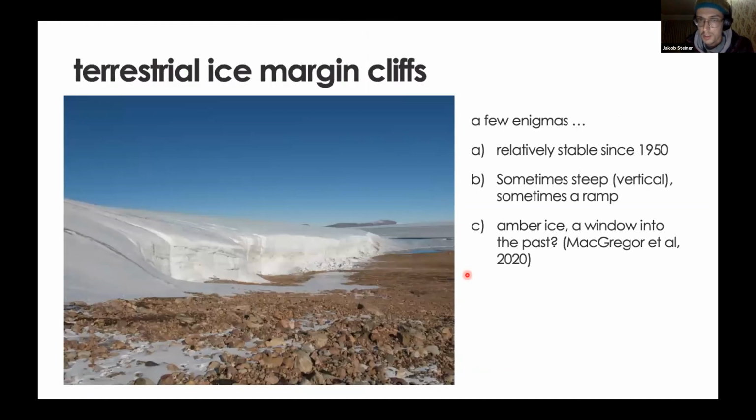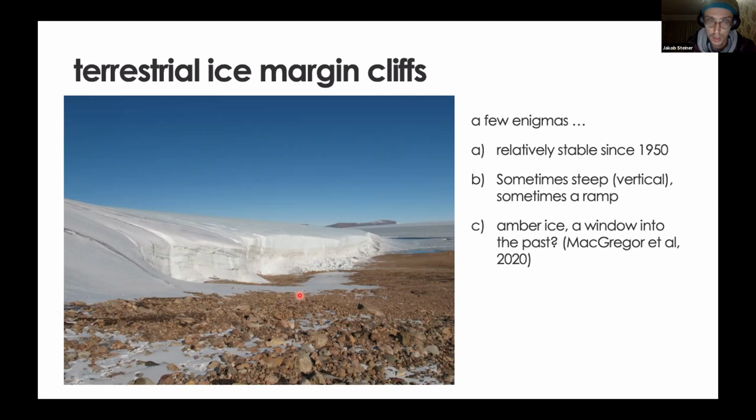All right, so there are a couple of enigmas. That margin was relatively stable since 1950. It even advanced from the 50s to about 1985, and then it retreated a little bit again, and we can link that to temperature anomalies in the region. It is sometimes steep, vertical, and sometimes a ramp, and we did GPR on that whole part, compared it to PadMap as well, and it really seems that behind the vertical part there is an overdeepening, while here there is not, but this will really need more ice dynamic investigations that we hopefully do in the near future to understand this better,